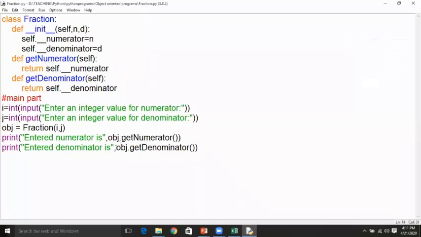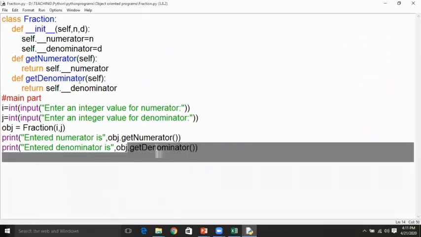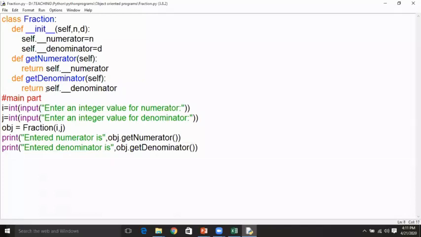Next, by using obj, you call the get denominator method, and it goes to this particular area and returns the private variable underscore underscore denominator by using the self dot operator. Okay. Now I'll try to execute this and see what we'll get.